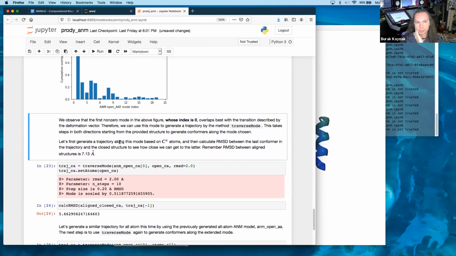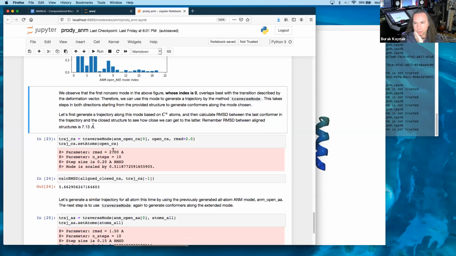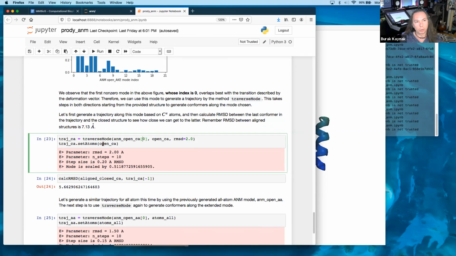Now, how can I do this? I can do this either based on the carbon alpha. I can either use the elastic network model based on carbon alphas, or I can use its extended version. For the carbon alphas, you need to use traverse mode. It generates trajectories. And how it generates, you have to provide the mode you would like to use, the atom group, and the RMSD of each